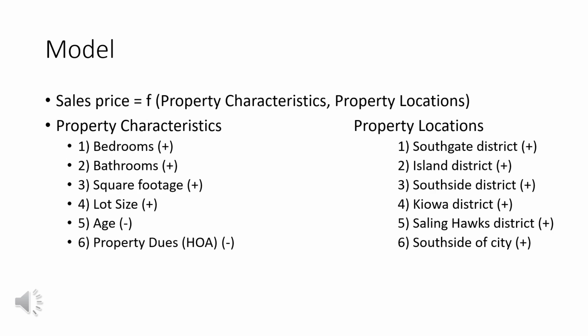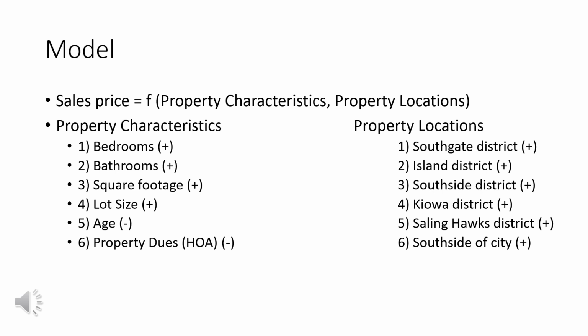The model used in this paper is relatively straightforward to understand. The sales price is a function of property characteristics and property locations. Property characteristics, as you can see, have 6 different variables. The number of bedrooms, the number of bathrooms, the square footage, and the lot size all have an expected positive sign,